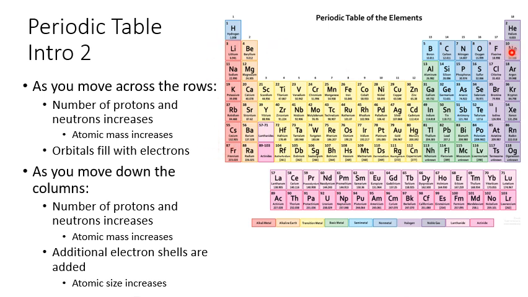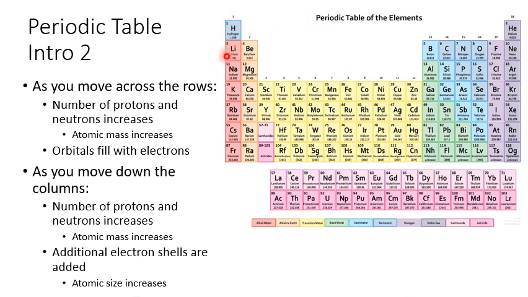So as you go across, you fill the orbitals. As you go down, you add electron shells. So in this first row here, you have just your first electron shell. You only have 2 electrons that fit there, so you only have 2 elements in this first row. If you go down 1,